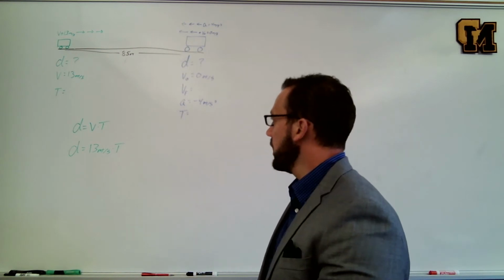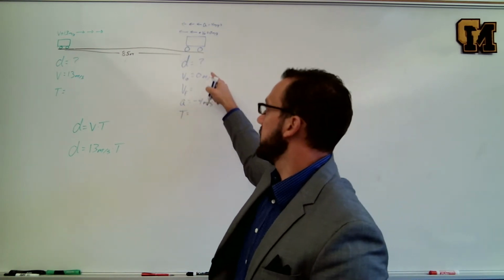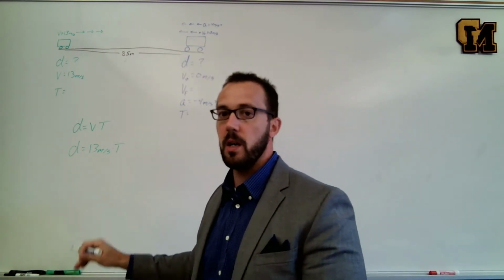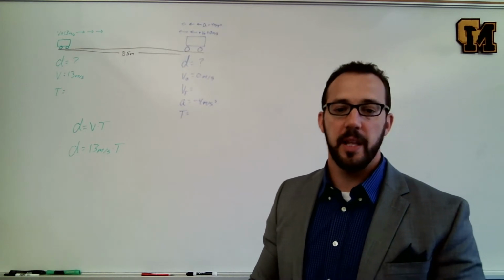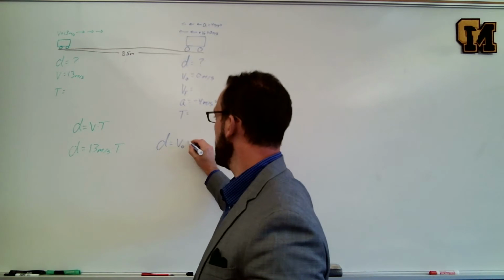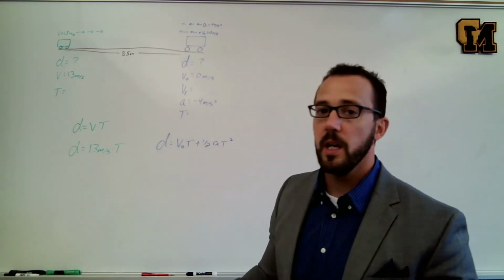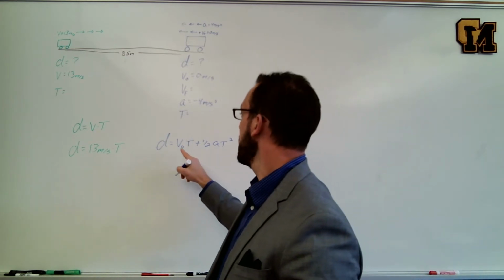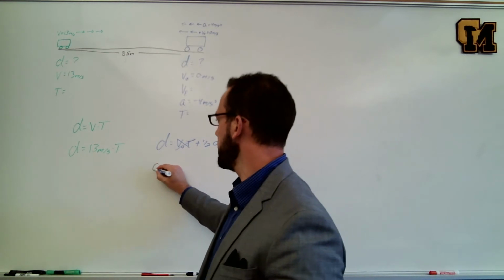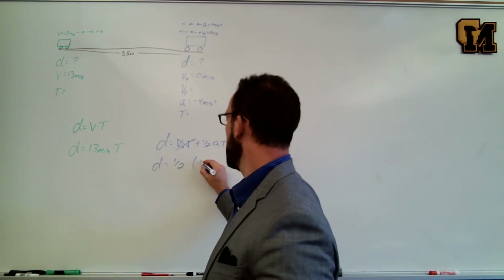For the blue car, I'm going to pick the equation that does not have final velocity in it because the displacement and the time are actually going to be the same for the blue and the green car. Since they share that in common, that's what I'm going to use. So for the blue car, D equals V naught T plus 1/2 A T squared. If I plug in my numbers, V naught T is going to cancel, and that's going to leave me with D equals 1/2 times -4